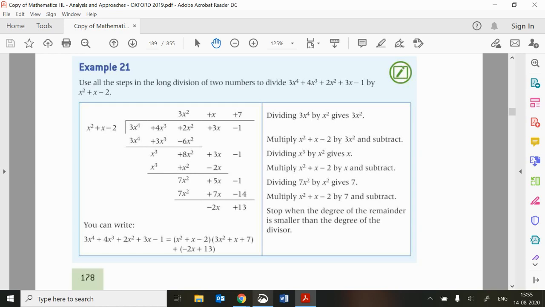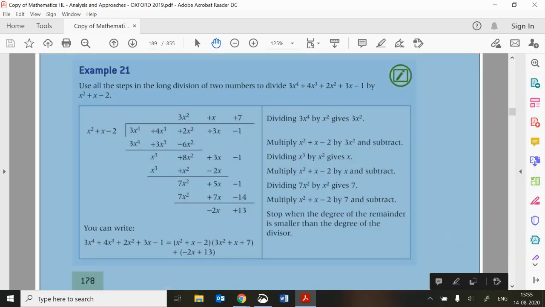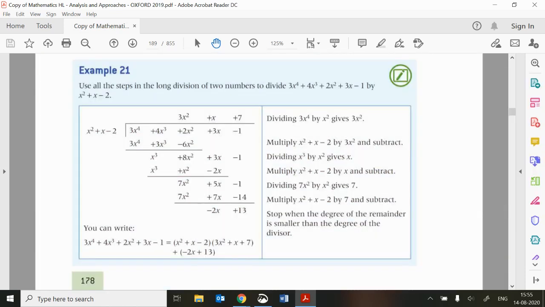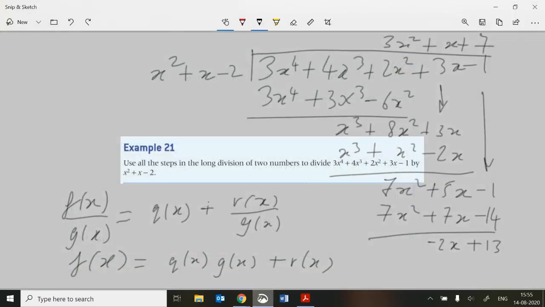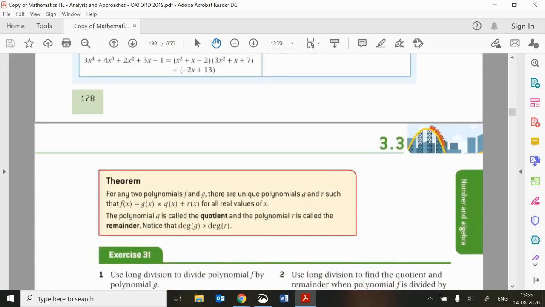So you really do need a lot of practice with this one. What's kind of interesting is at the end they say stop when the degree of the remainder is smaller than the degree of the divisor. Let's look at this. We stopped when the degree of the remainder, so that's here, is smaller than the degree of the divisor. Okay, and this theorem here is basically stating the same thing as I've stated there as well,